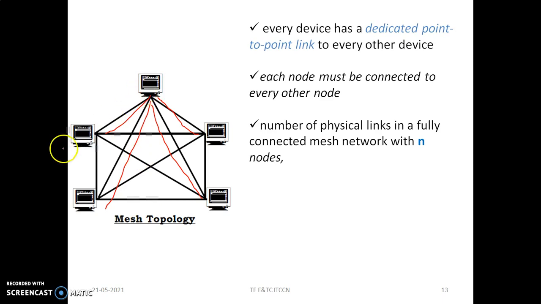Now, when it has to have communication between node A to node B and node B to node A, if there is a single line, we can say n into n-1 divided by 2 would be the total number of links available, as a general formula. So number of physical links in a fully connected mesh network with n nodes: how much should it be? Yes, it is n into n-1 divided by 2. This many duplex links have to be there.